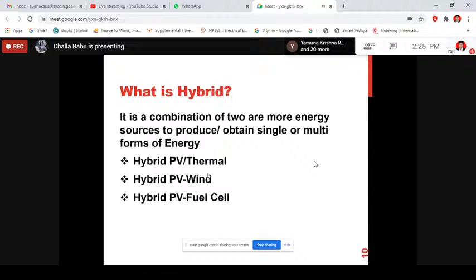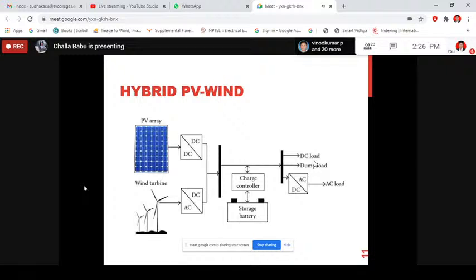Hope everybody knows the fuel cell. This is also one of the major renewable energies which will generate electrical energy in a sufficient way. So, in this presentation, I am going to handle PV thermal generally. I will just introduce PV and wind and PV and fuel cell. When it comes to PV and wind, the diagram itself is saying that it has the PV array